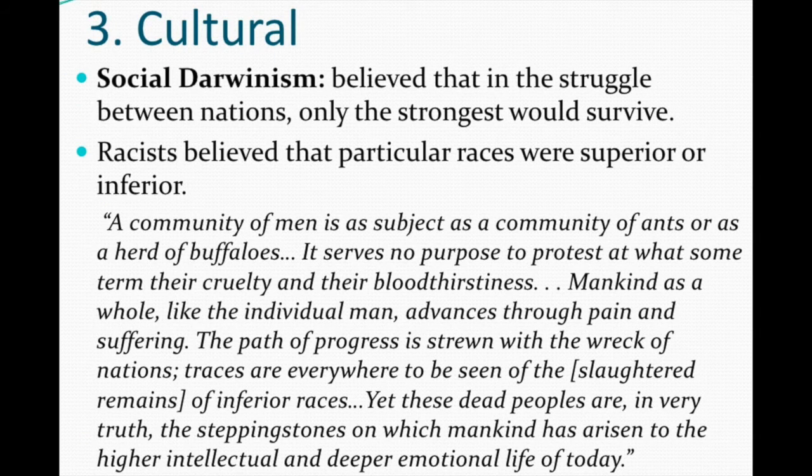So we're leaving now the political reasons. Now let's move to the cultural. One of the cultural motivations or justifications for imperialism was something called social Darwinism. Darwinism became popular in the 19th century and 20th century. Basically, Darwin came up with the theory of survival of the fittest. Now, what you see is this scientific theory that applied between species being applied to politics, being applied to people,